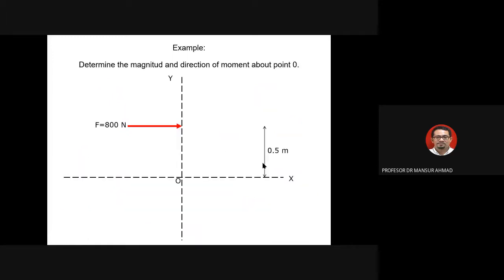A question. So again, this is the easiest example. Bukan easiest. This is the simplest. Simplest, bukan easiest. It could be easy, it could not. Probably not. But this is the simplest one I can start with. Hopefully, it is easy for you to grasp the concept. So the question is, I want to determine the magnitude and direction of moment about point O, or point 0 here. Point O.